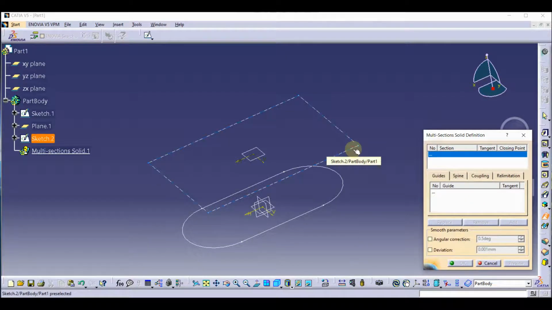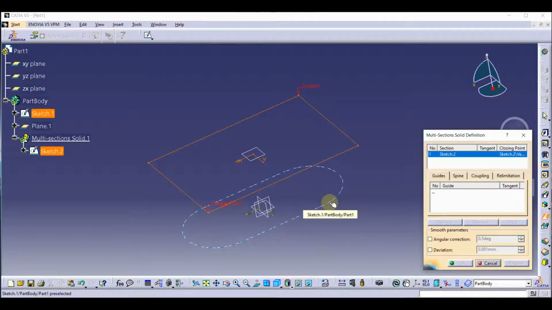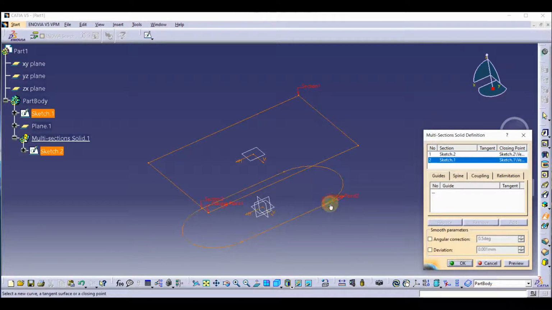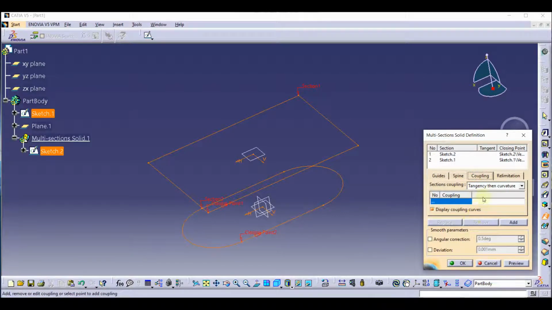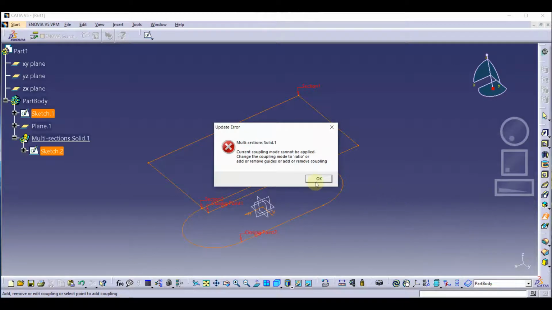We choose the multi-section solid, and now I'm going to select the sketches, and first of all replace the closing point. Now if I press OK, first let's see the coupling. You can see the options tangency, curvature. I'm simply going to press OK.